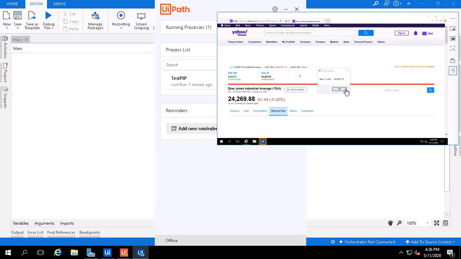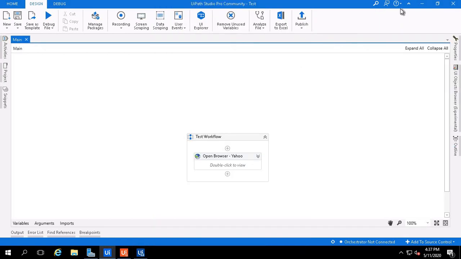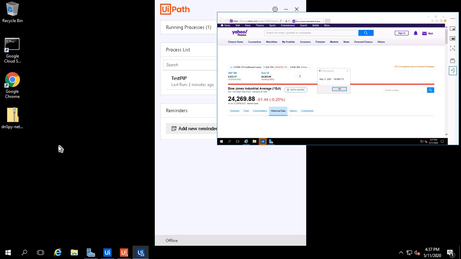and one pop-up came. So this is a test actually. Also we have many options here, like if you want to see it in full screen, you have to click on this, or if you want a large preview window, or a small preview window, you have so many options and you can use them according to your needs. So now you can see I'm able to work on my PC, and I'm able to use other applications as well, and also parallelly we are able to run this process.